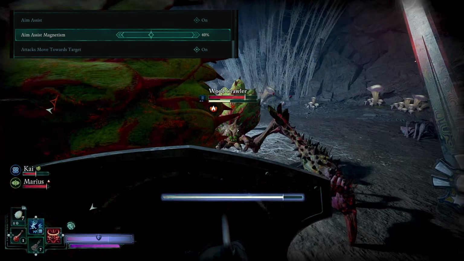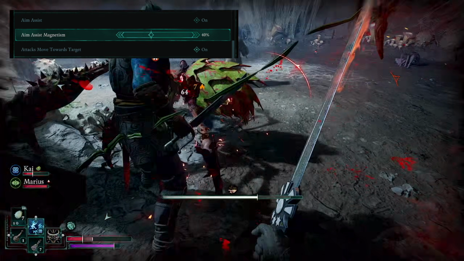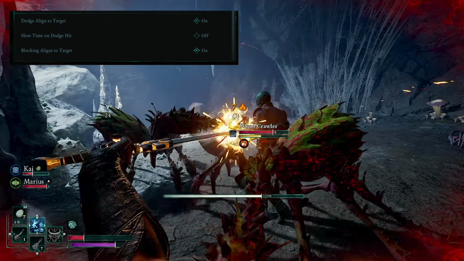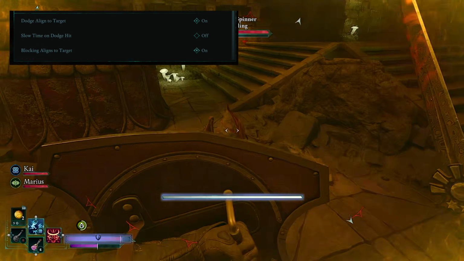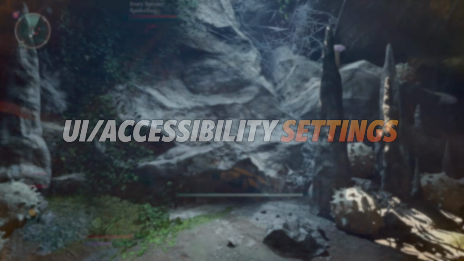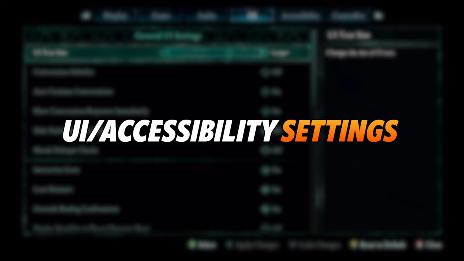Since this game has both melee and ranged attacks, you might want to mess with this setting a little bit to find a sweet spot. The aligning to your target when you're using the aim assist also applies for both block and dodge if you want it to. There's a lot of overlap between these two, the UI and accessibility options, so we're combining those